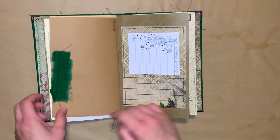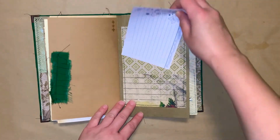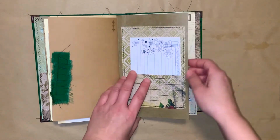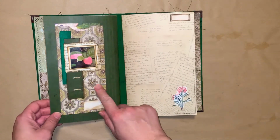I sewed some fabric on the side there. There's also a stamp. And here's a pocket here with the Tim Holtz paper. I placed this journaling card inside. And then here's the back with a large pocket, Tim Holtz paper inside, and I did some collaging on the